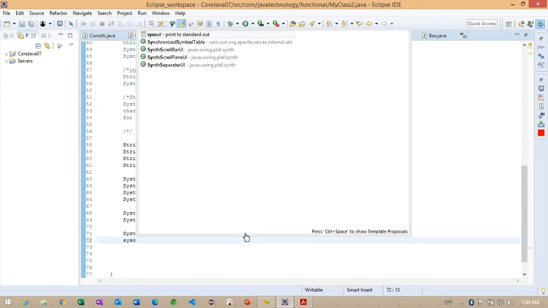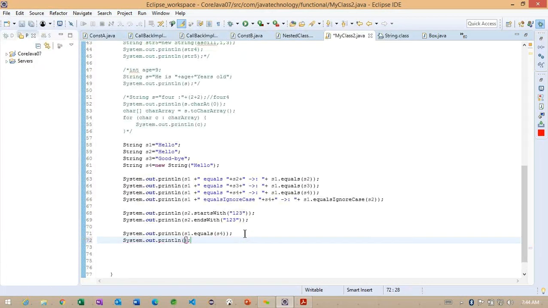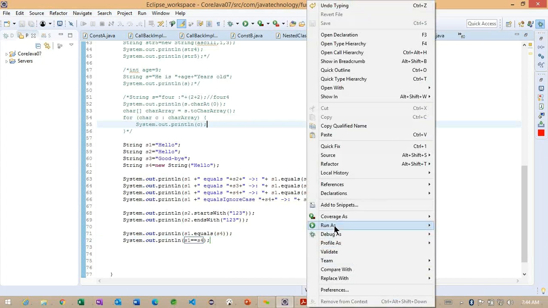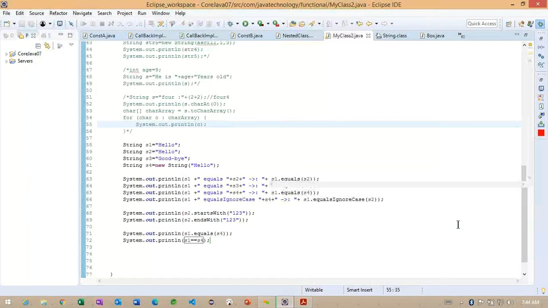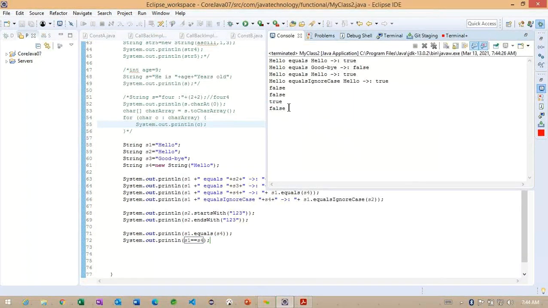And the same thing you can observe using the double equals operator: S1 == S4. Now you can see the last one, it's returning false. Why is it returning false?